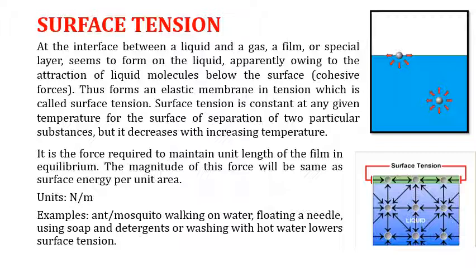So basically each molecule will experience the cohesive forces from all the surrounding molecules in all directions, and the topmost molecule is in an unstable state, but what will happen is, the adjacent molecules will develop an elastic membrane so that they could keep it in a stable state, and this transparent membrane formed is known as surface tension.